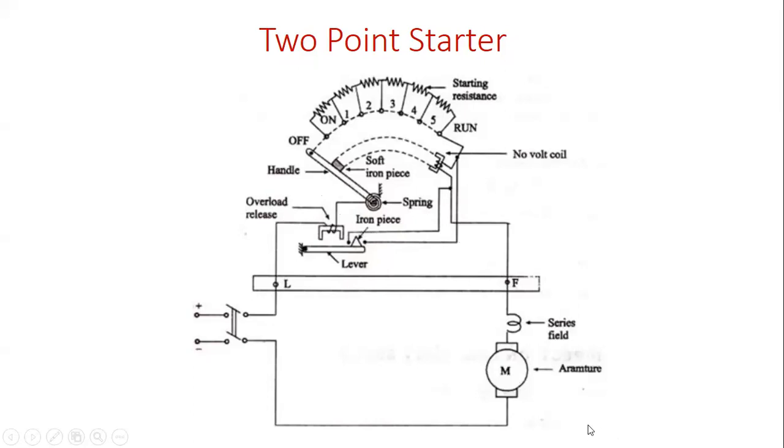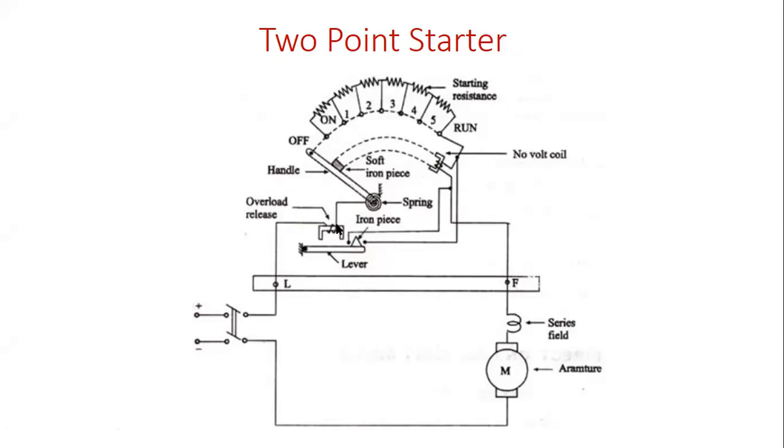Now, what I told, if a motor is connected to a heavy load condition, a huge amount of current will be flowing inside the machine. That is, more load current is passing to the motor. Now we want to protect this motor. Since a huge amount of current is flowing through this field, this current is coming from the line terminal. So a huge amount of line current will be entering into this electromagnet.